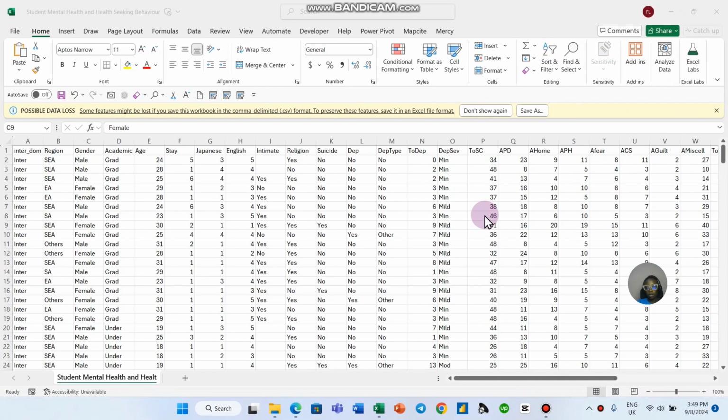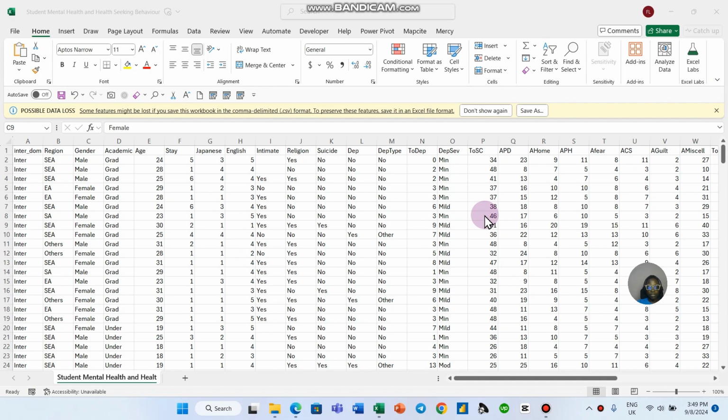The first thing I want to tell us is this file we are working with is a CSV file. That's a comma separated file, while the extension for an Excel file is actually .xls. So this is a CSV file. The first thing we need to do is to save this CSV file as an Excel file, as an .xls file, because if not, when you start to do your analysis, you might lose